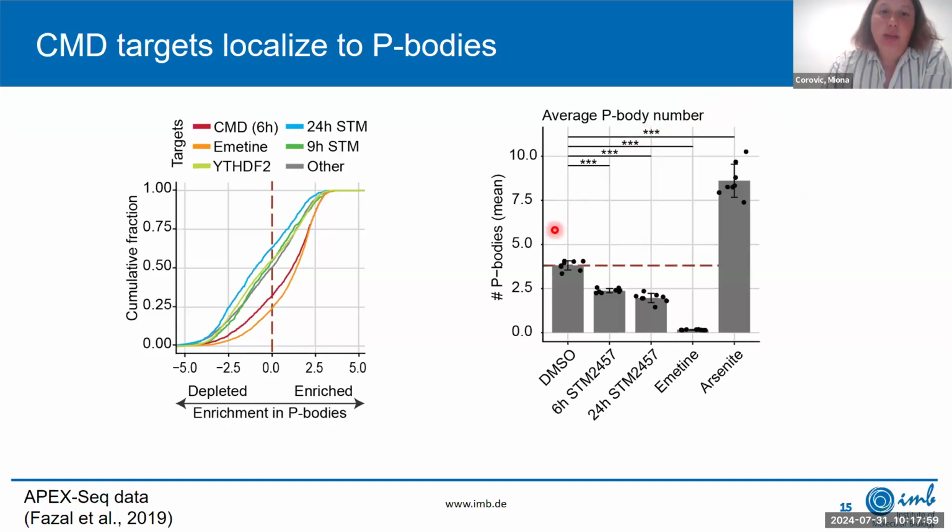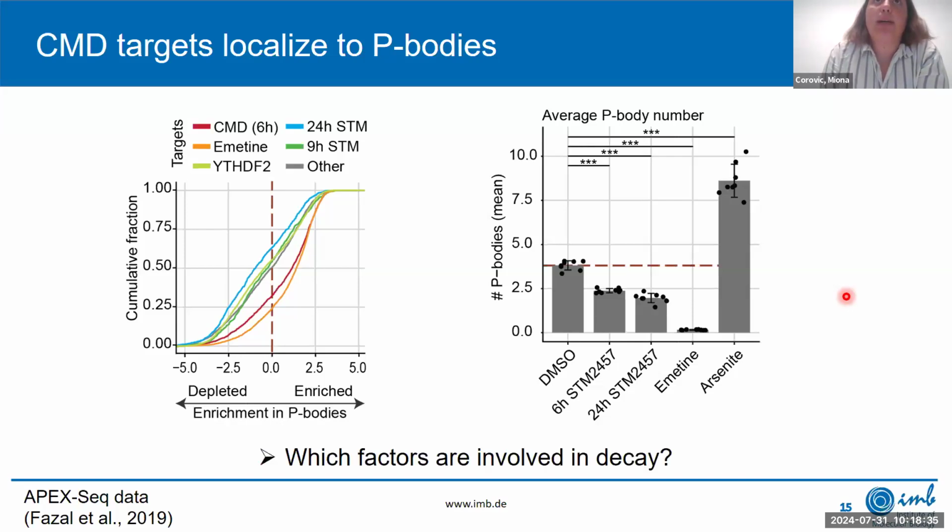And we looked at the number and intensity of the P-bodies in the control DMSO and also M6A depleted background. And we could see that when we deplete M6A sites, we have significantly reduced number of P-bodies. I will not show you the plot for intensities, but it looks fairly similar. So we also have significantly reduced intensity of P-body signal. So now we are pretty confident to say that CDS M6A targets localize to P-bodies, but still